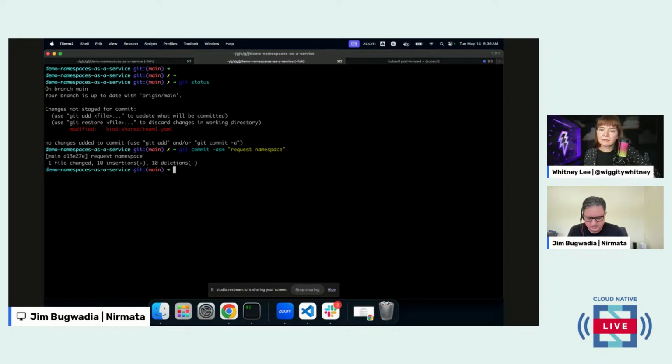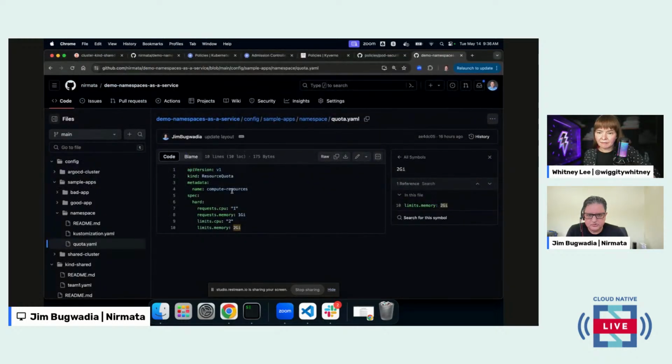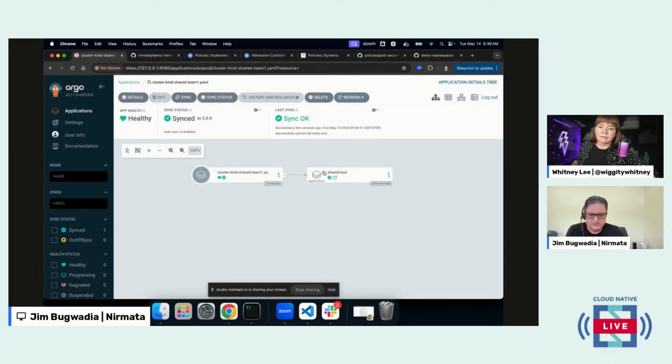I'm going to commit that and push this. This would be just a change, or it could go through PR approvals and other things. Now that request got pushed into my Git repo, which is being watched by this Argo CD application. So if we refresh that, what we expect to see is it automatically created the shared test